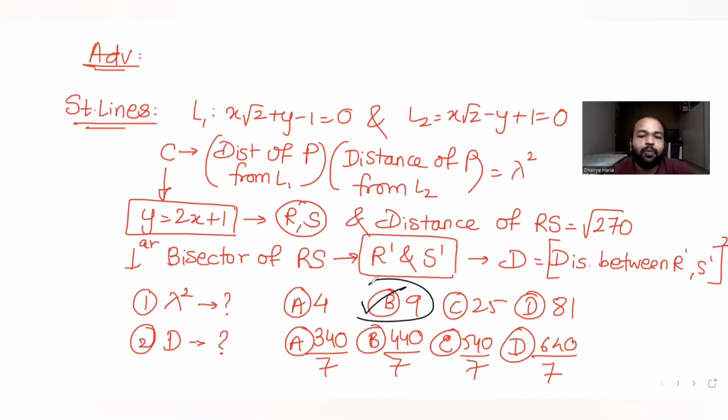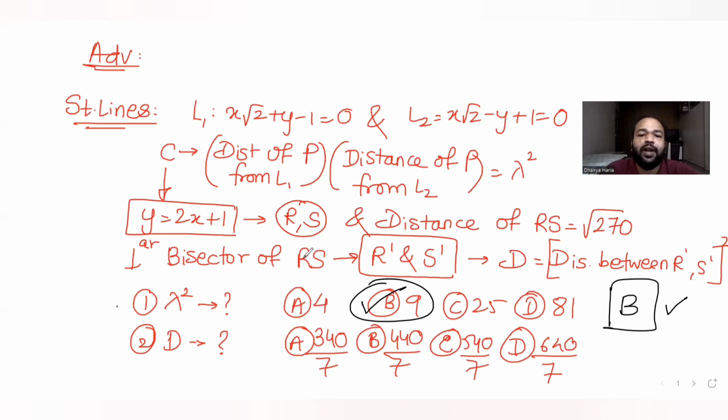So you get option B as the correct one here. Option B is the correct value for the first part of the question, which is lambda square. That is, lambda square's value turns out to be 9. Now, if I look at the further part of the question, it tells me to find